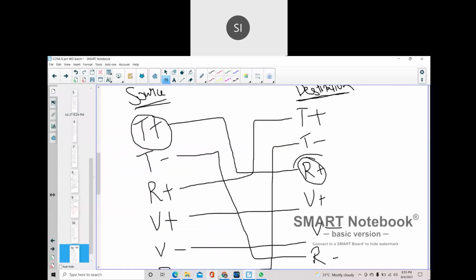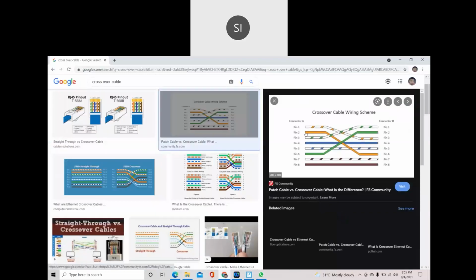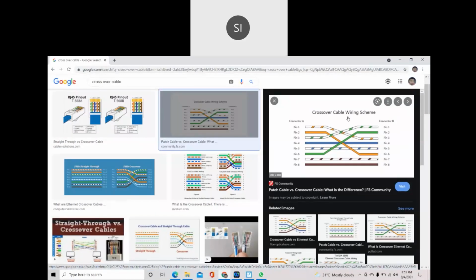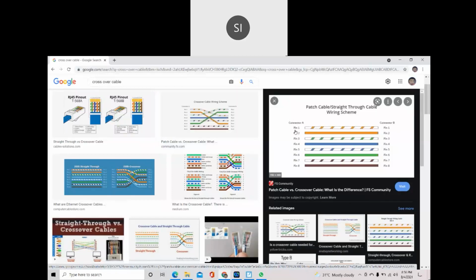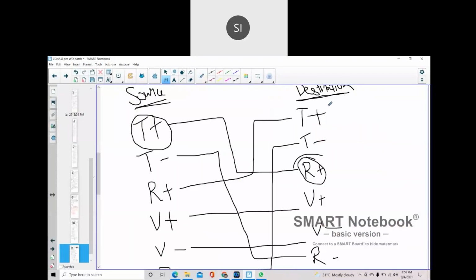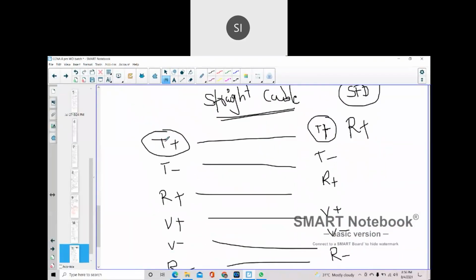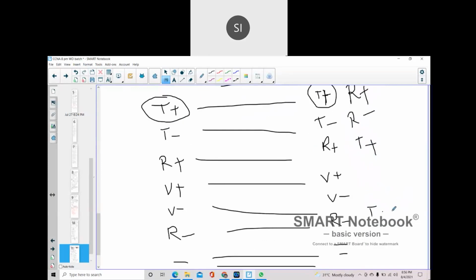On the LAN cable, if you look here, pin 1 goes to pin 3. This is the crossover cable. With a straight cable, both ends have the same color coding, so there is automatically an option to change the technology. Transmitter plus, transmitter minus, receiver plus, receiver minus: there is a technology to convert transmitter to receiver and receiver to transmitter. Whatever the sender end is sending, the destination end needs to receive. They change the technology, like transmitter to receiver.